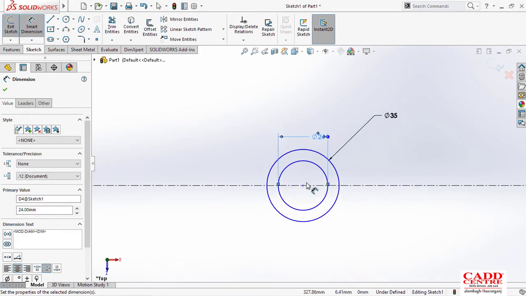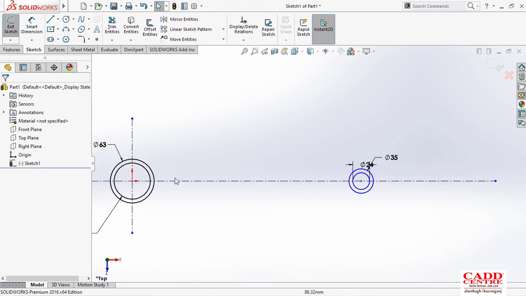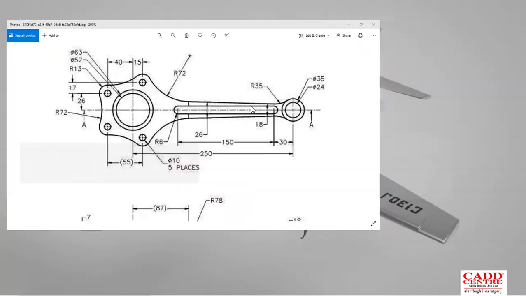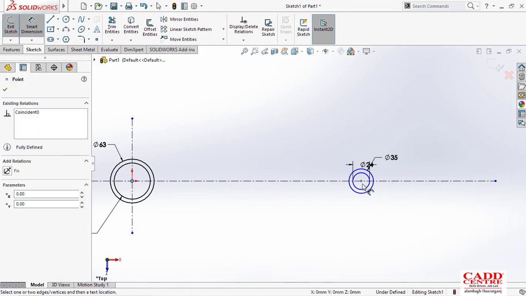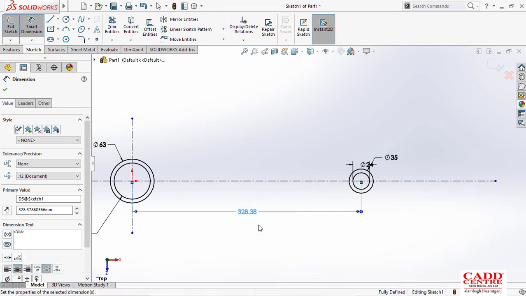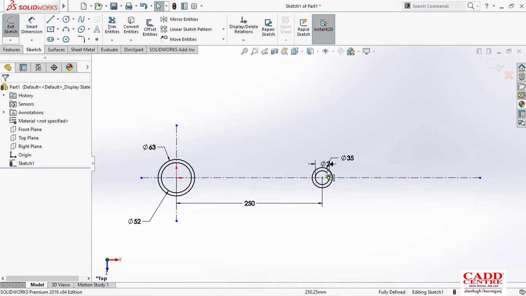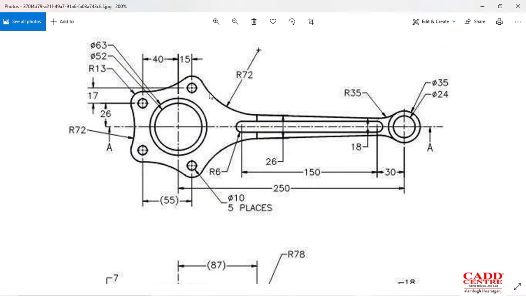Still, after giving the dimensions, it is not fully defined, because we have not fixed how far apart they are. So that circle would be 250 mm apart from the other. I'll give the dimension from that point to that point, which is 250. After giving the 250, as you can see, both are fully defined.